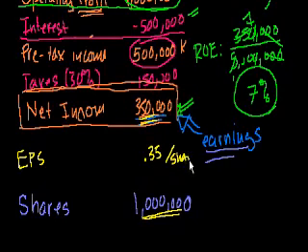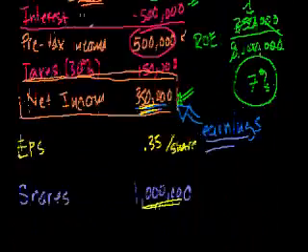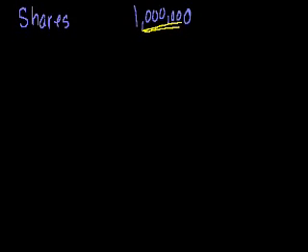per share of EPS. Now, before I go into price to earnings and all of that, I want to connect the dots between the income statement and the balance sheet. So in this period, I made $350,000. The way you can think about what an income statement is, it tells you what happens between balance sheet snapshots. So let's say at the beginning, on